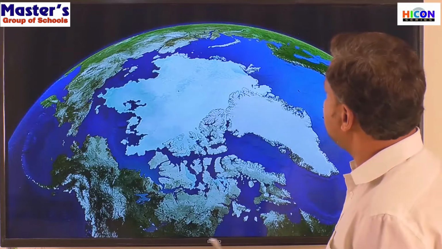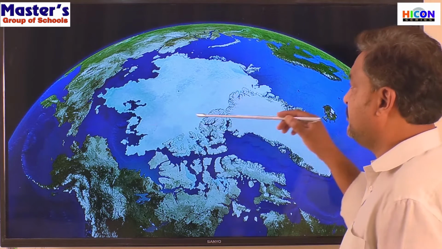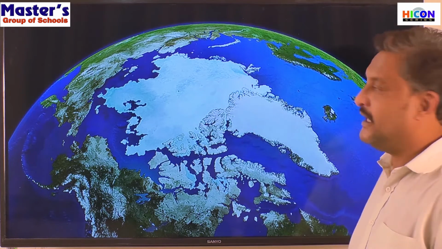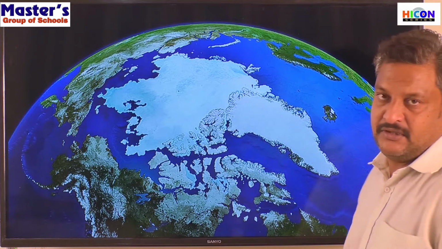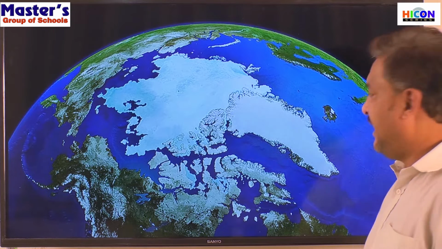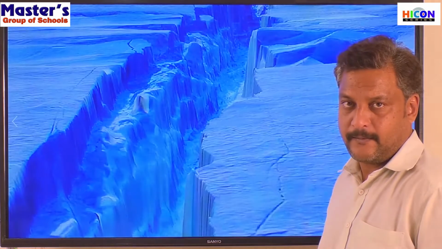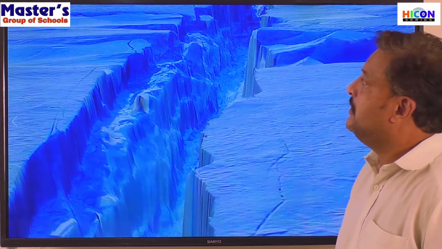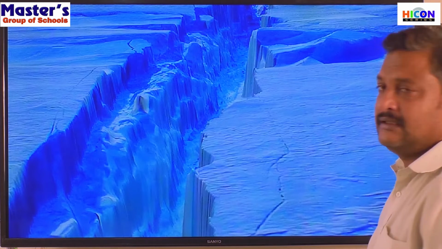Right? So in this picture, which is taken from the satellite, we can see this is the Arctic Ocean region which is covered in an ice cap, and this is the Greenland region which is also covered in ice. So Greenland is almost totally covered in ice except some regions on the coastal areas. Okay, and yes, see, this is something like the surface that is usually seen in Greenland.